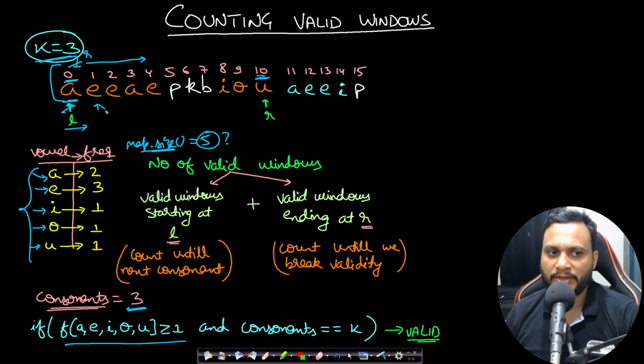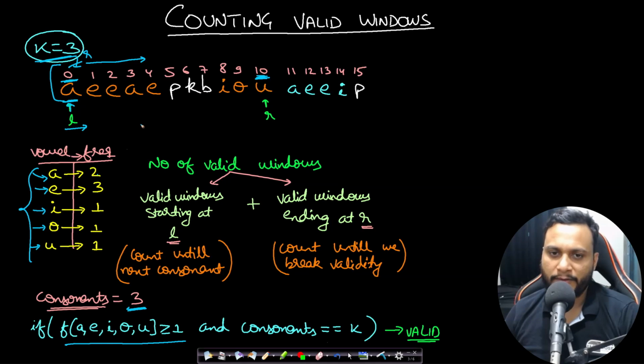If this L moves to this one, you cannot remove this A, because from L to R there may be some other A, right? And that is the reason you cannot remove it, and that is the reason you cannot use a set in this case. Fine. Okay, now once we have learned this, once we have learned the validity check as well, let's say 0